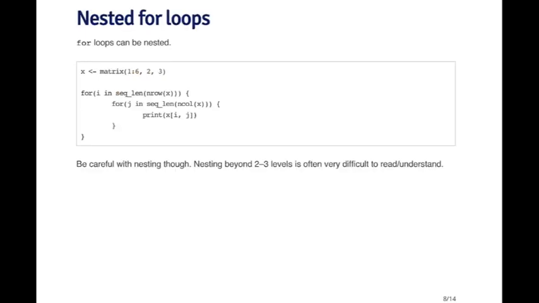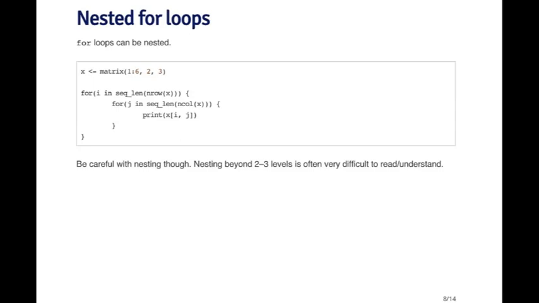For loops can be nested, so you can have a for loop inside of a for loop. The common thing, for example, is with a matrix that has 2 dimensions, and then you might want to loop over the rows and then loop over the columns. So here, the outer loop, the i index, is looping over the rows, and I'm using a function that's called seq_len. So the idea is that it takes